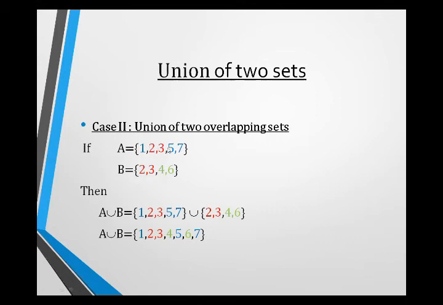Here I write some numbers in red color and some numbers in blue color. Again in set B, some numbers are written in red color and some in green color. Those numbers written in red color show the common elements in both sets. I repeat, students, please listen to me. Those numbers written in red color show the common elements of both sets. Okay students, here is how to find the union of two overlapping sets.